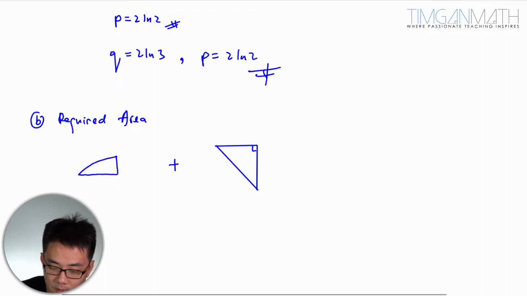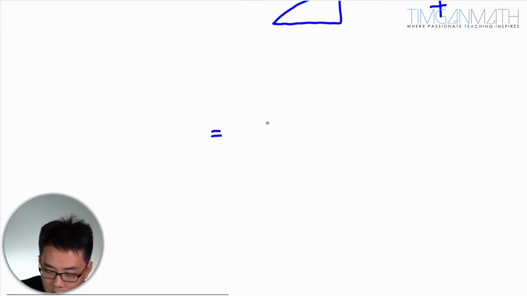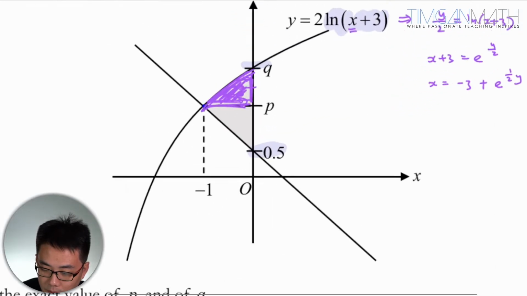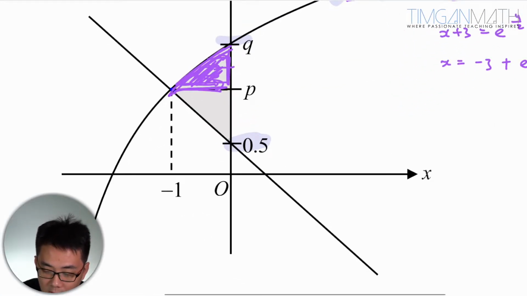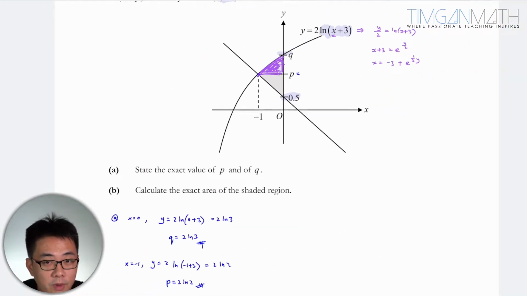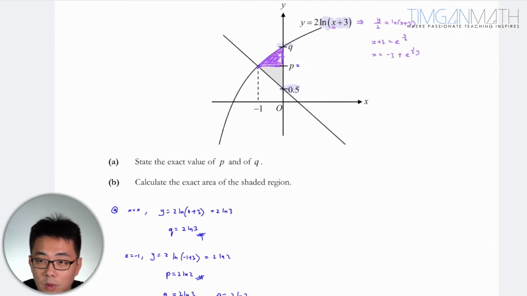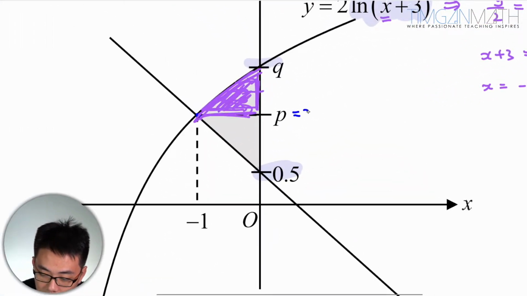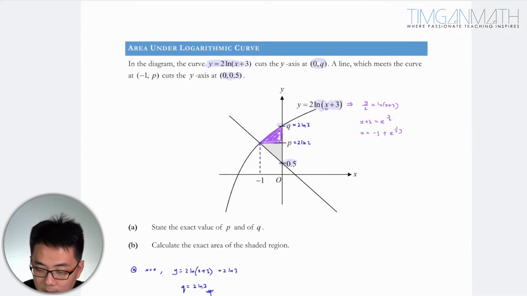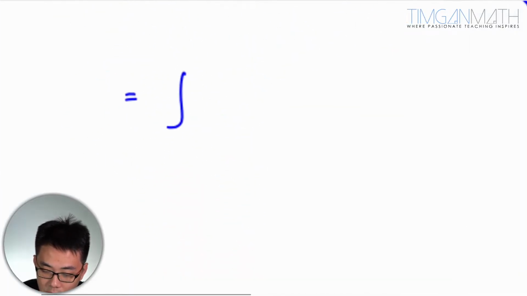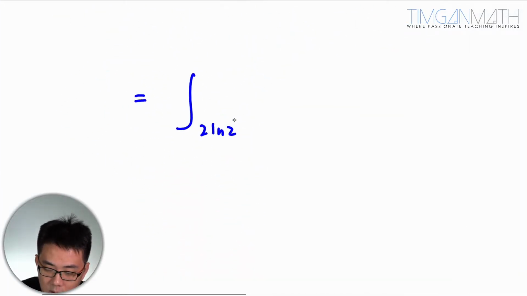This area would be from P to Q. What we found just now, P was 2 ln 2, and Q would be 2 ln 3, right? So I'm going to start with 2 ln 2, 2 ln 3, and